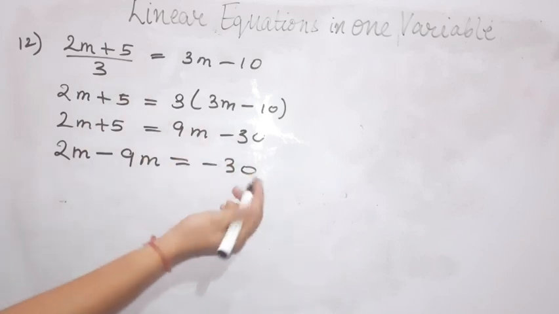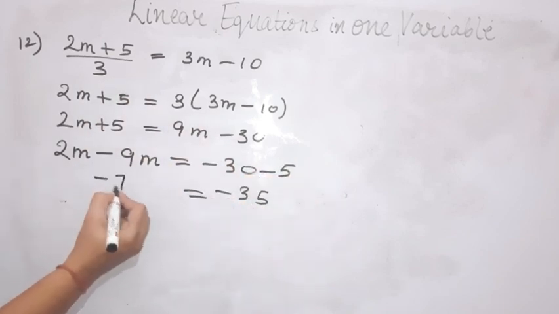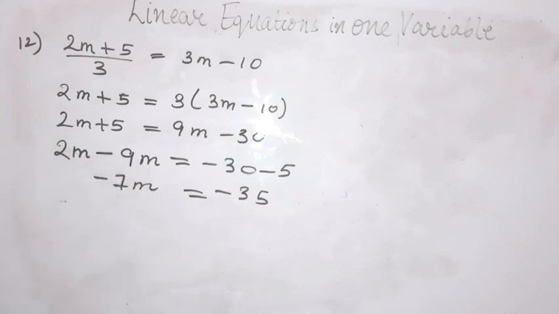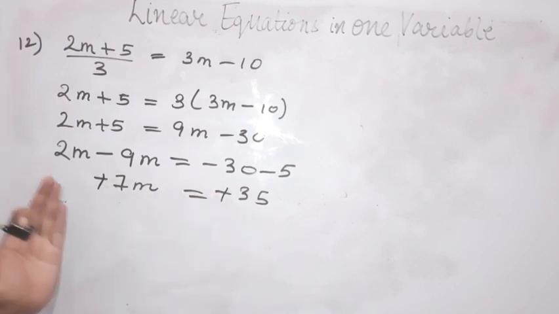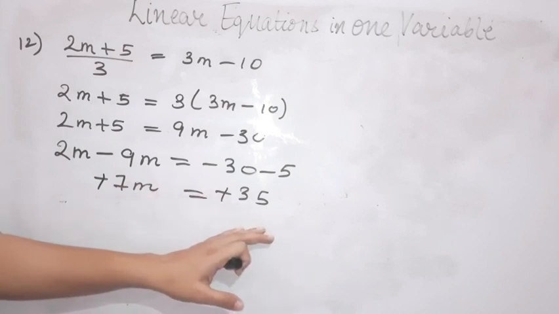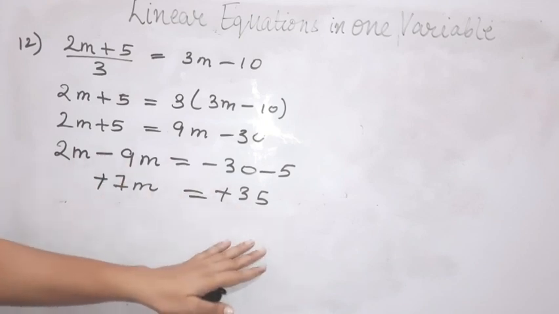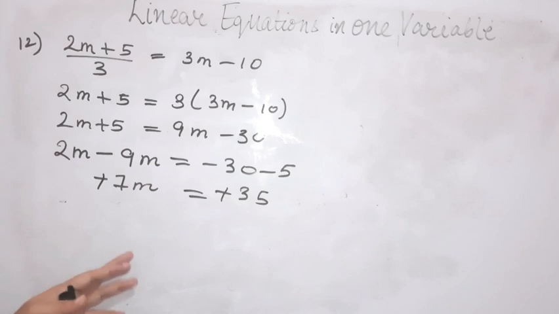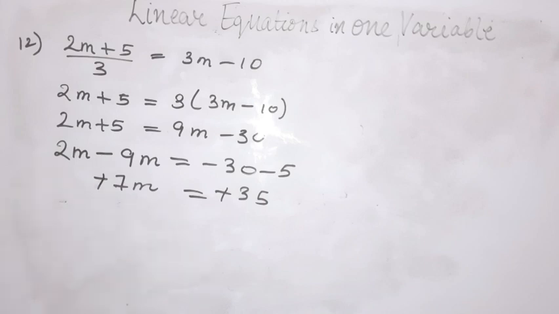This plus 5 will become minus 5, right? So it will be minus 35 and this will be minus 7m, because plus minus minus, and the sign of the greater number. Now this minus will be cancelled from both the sides. If there is a negative sign on the left hand side and on the right hand side also, then it will be automatically cancelled. If it is only on one side, either on the left side or on the right hand side, then the value of the alphabet, that is m, n, o, p, x, y, z, anything which is there in the question, will be a negative value.